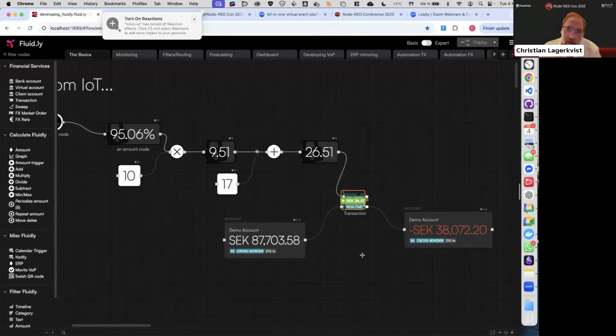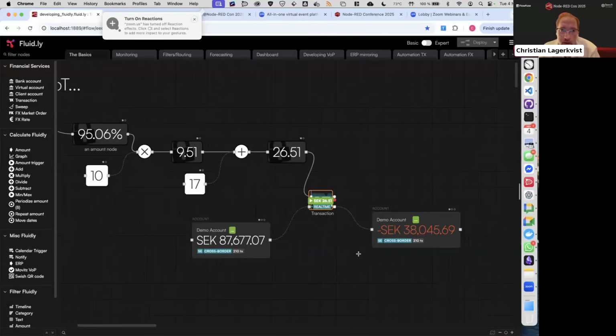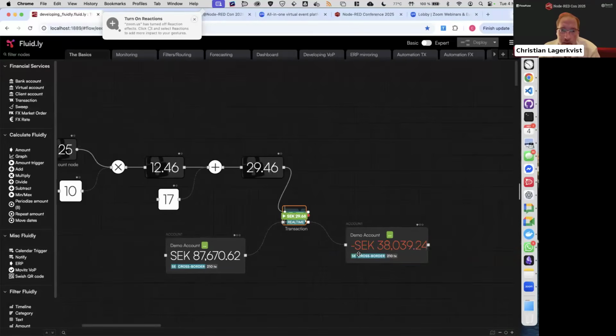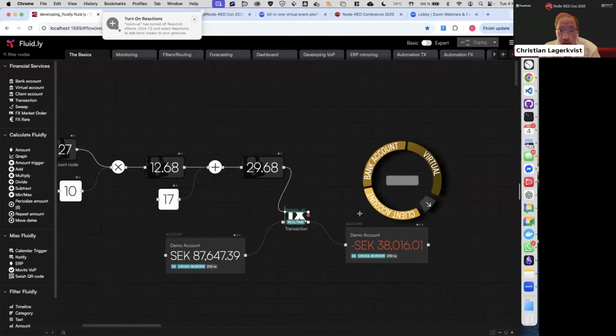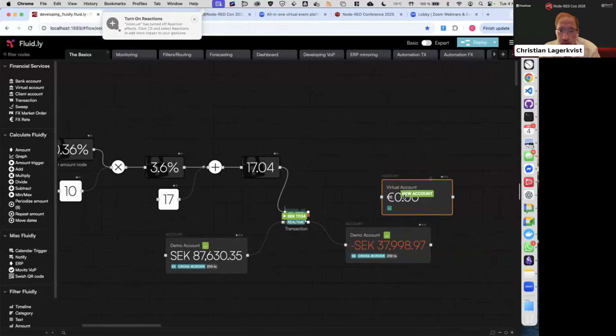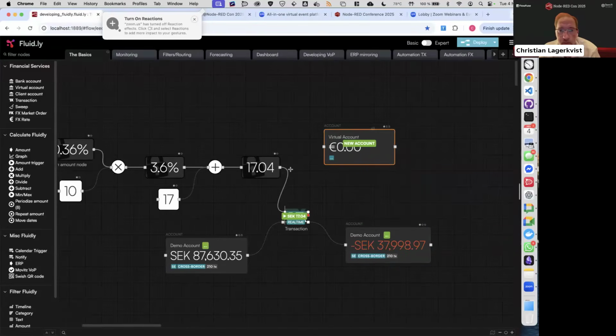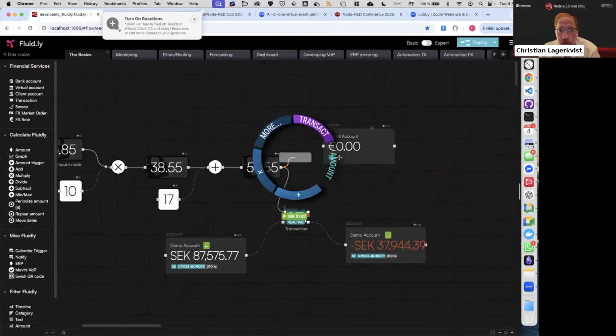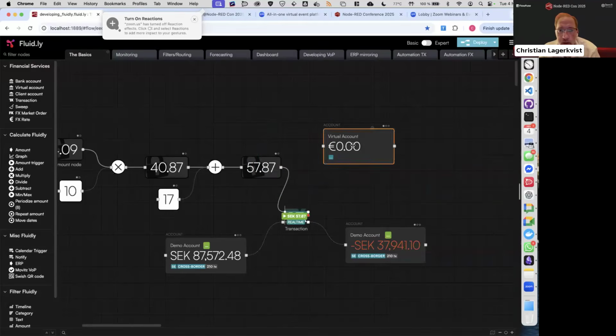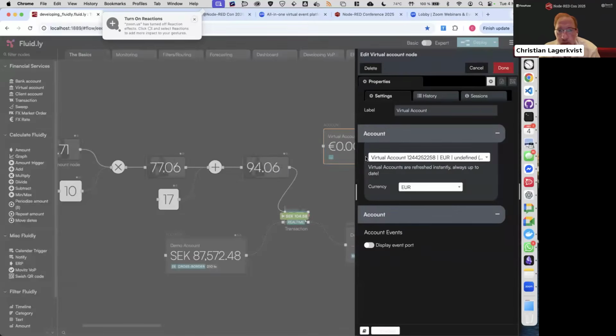Sending a transaction every 5 seconds to a real bank account might turn out to be not the best idea. So what we would like to do really is to create virtual accounts. So we could pipe this into a virtual account transaction and do that in a corresponding currency.